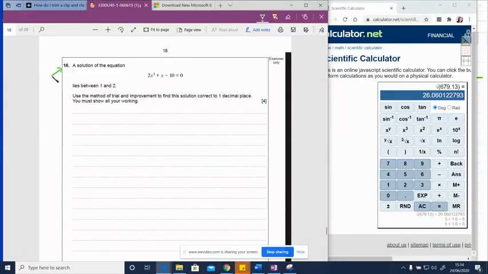Question 16 asks us to find a solution to the equation, so find the value of X using trial and improvement. Now, in the last 5 years, there has always been a question on trial and improvement in the GCSE exam. So you should make sure you learn the method because it's almost a guaranteed 4 marks and it's almost guaranteed to appear. So the first thing we do is in the first column, we put the value of X